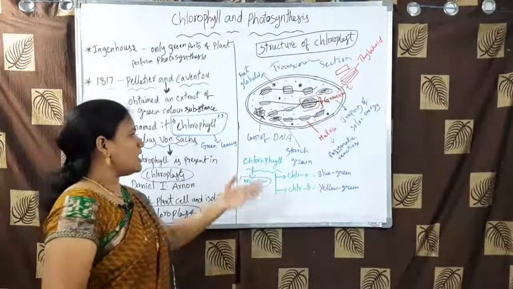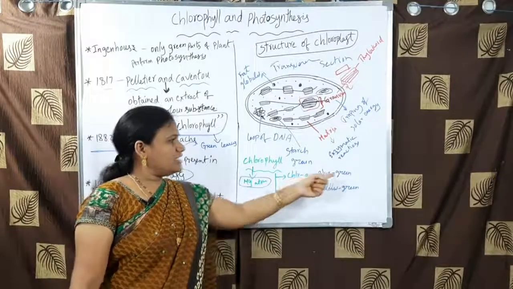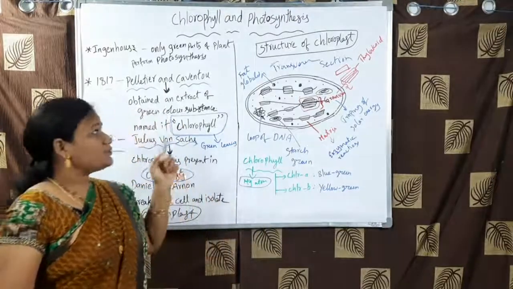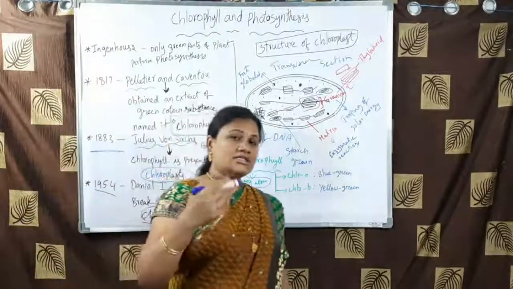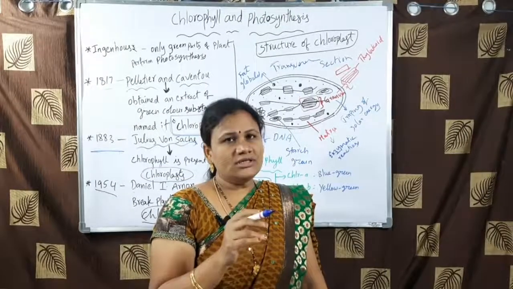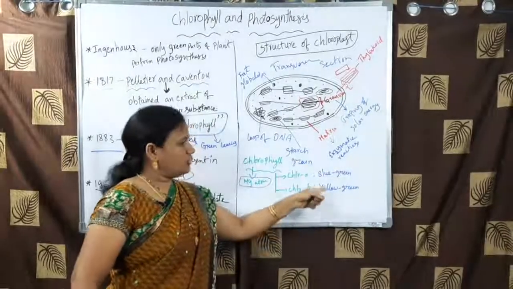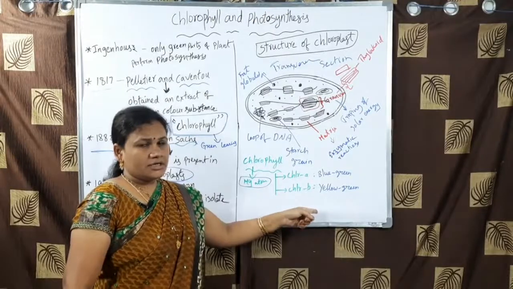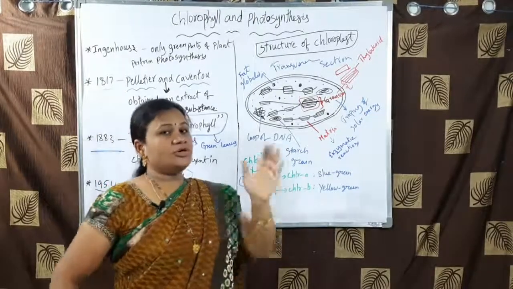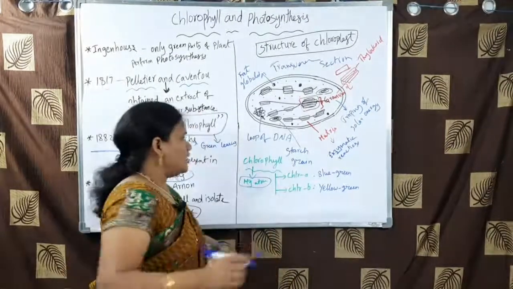Okay, so there are 2 types of chlorophyll molecules, chlorophyll A and chlorophyll B. Chlorophyll A is blue green, chlorophyll B is yellow and green. Just now I said before starting that other than green there are also some kinds of pigments which are helpful in trapping solar energy by passing it to chlorophyll. See, blue and yellow are not green color. So it doesn't matter what color it is. The pigments which are able to trap solar energy is the matter. Color doesn't matter.